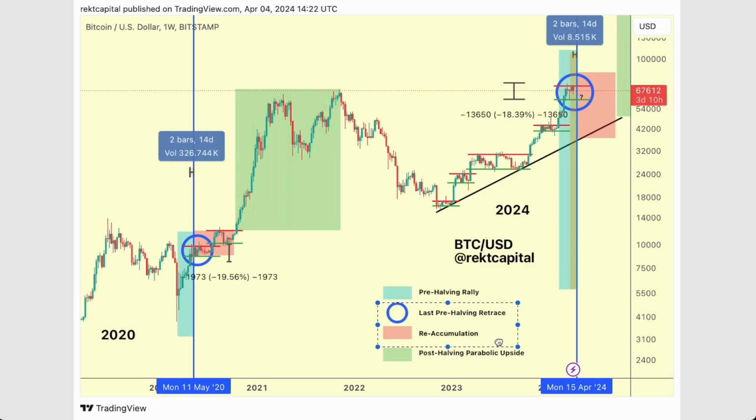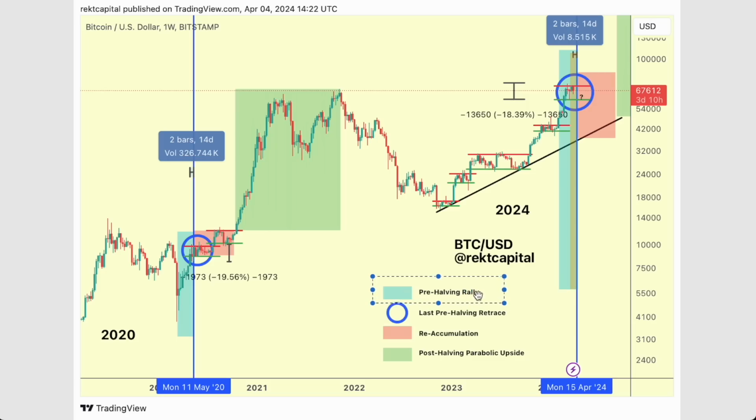These are the last two phases that offer bargain buying opportunities before we embark on a post-halving parabolic rally to new all-time highs and beyond. So if we want to catch that train, we have to strategically position ourselves and make the most of these two phases. And we know that this pre-halving rally phase is in progress, slowly transitioning into this reaccumulation phase. So we are in a transitional period here between these two phases until we definitely reach this phase,